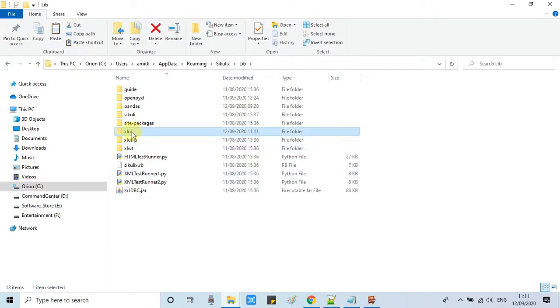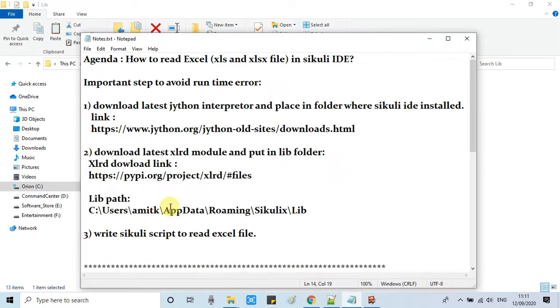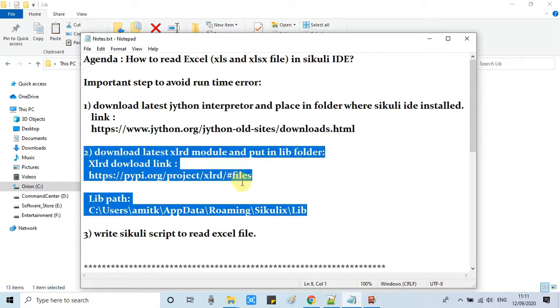Okay, it's done. Now this is ready. We have completed step 2 successfully.